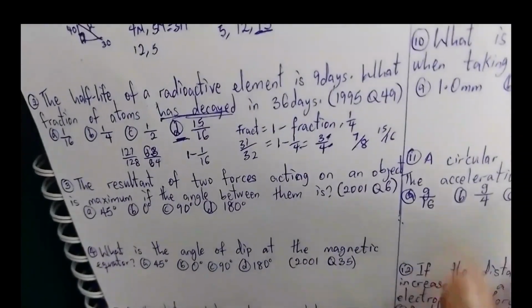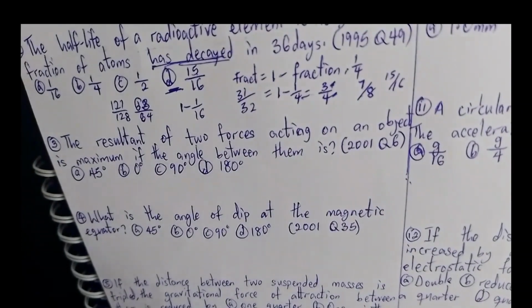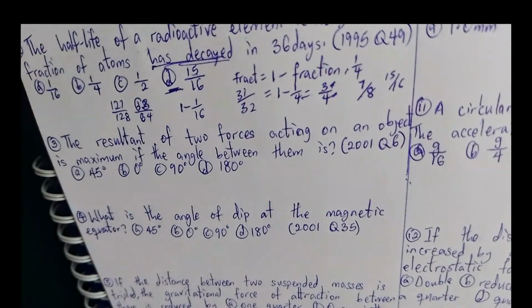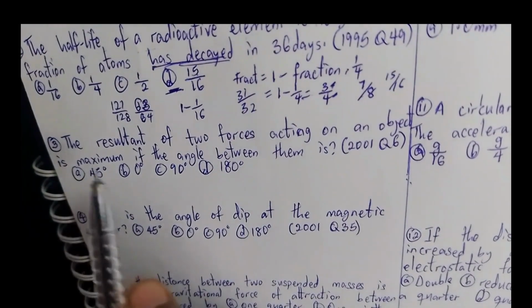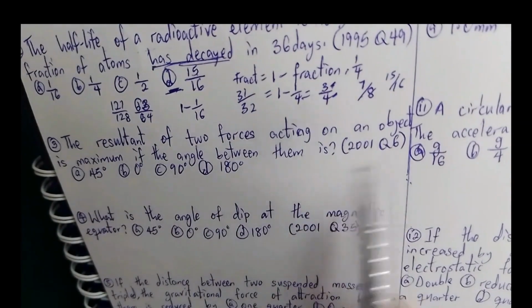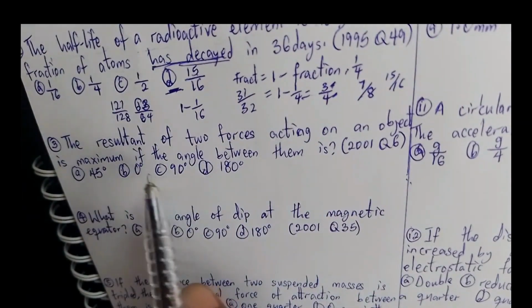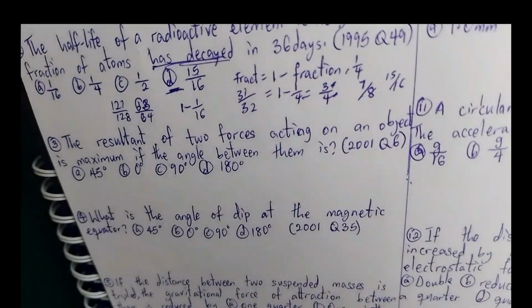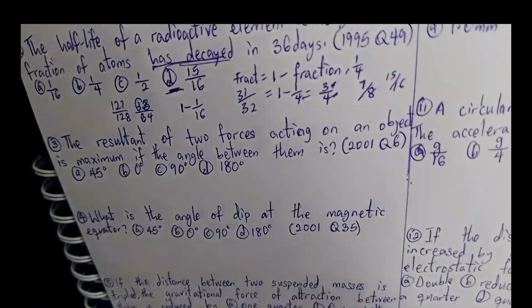Alright, so let's move to the next question. If you see that particular question in the exam, don't waste too much time to solve it. Just check the option and pick your answer, then move on. They said the resultant of two forces acting on an object is maximum if the angle between them is dash. Now, when we talk about maximum angle, the